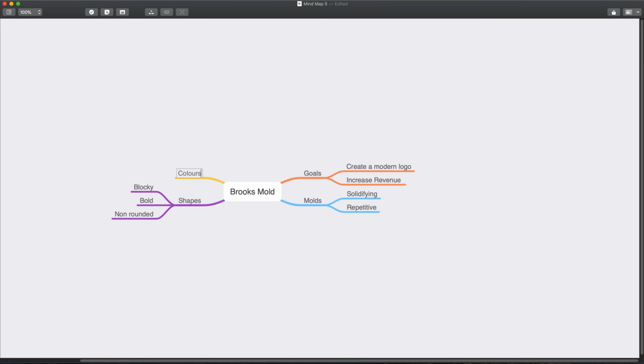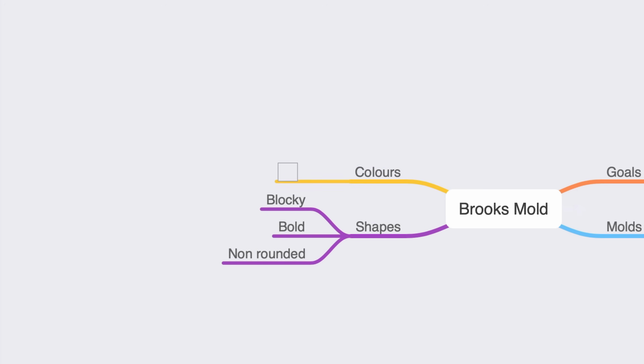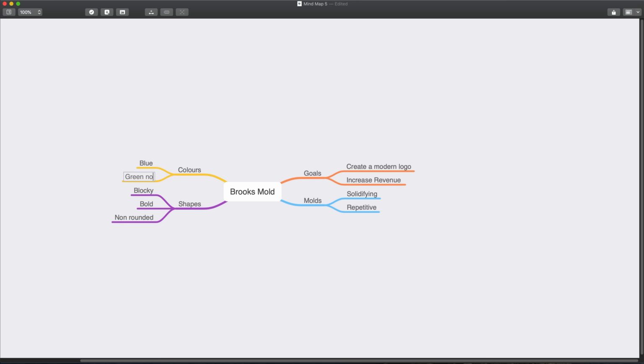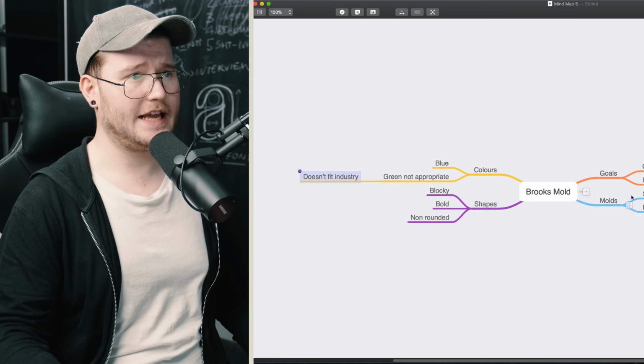Now, when I go for colors, I know I spell it differently to Americans, but that's how we spell it over here. The colors can be quite a few different things. So we can have blue, green, not appropriate, and why is it not appropriate? Doesn't fit industry. And I can keep adding these things here. Electric,